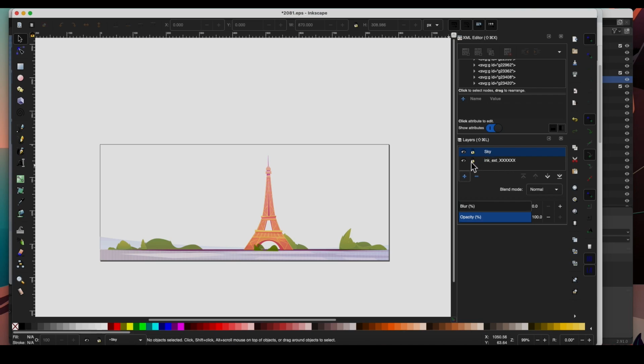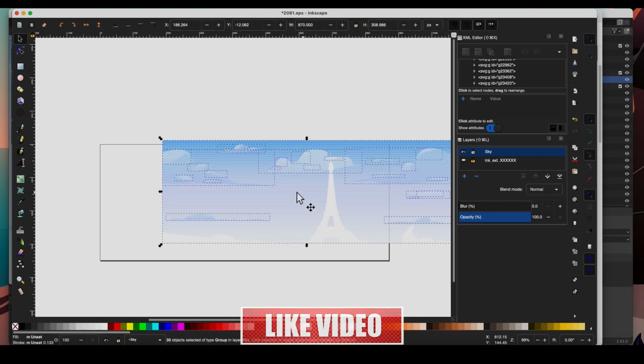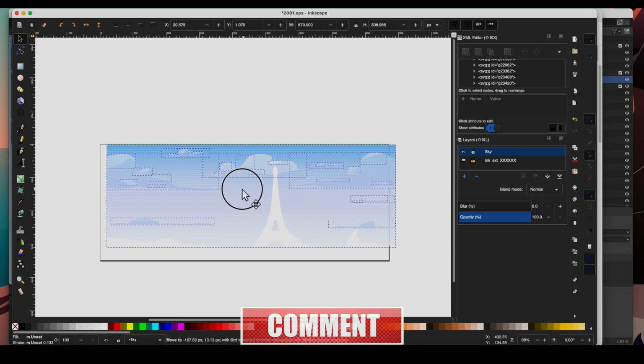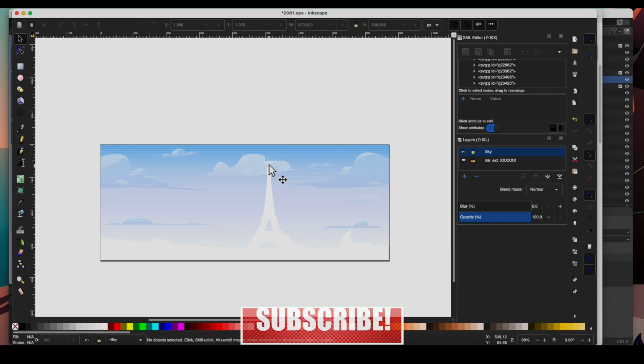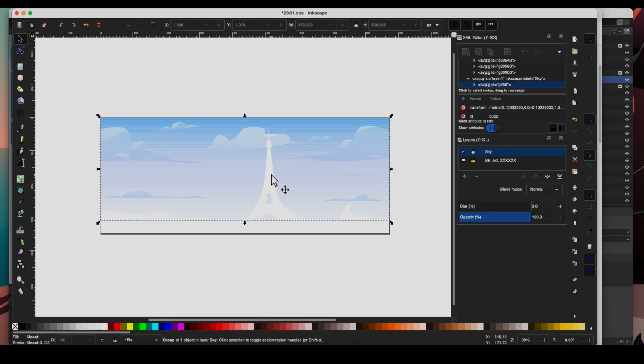And in this sky, I'm going to turn off this one. In fact, I'm going to lock it so I don't paste it on this one. I'm just going to paste it, Command V, and then move it into place. Boom, there it is. And I notice that this is still here. We're going to try to get rid of this one.